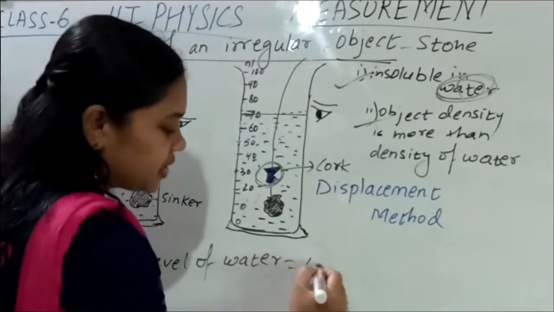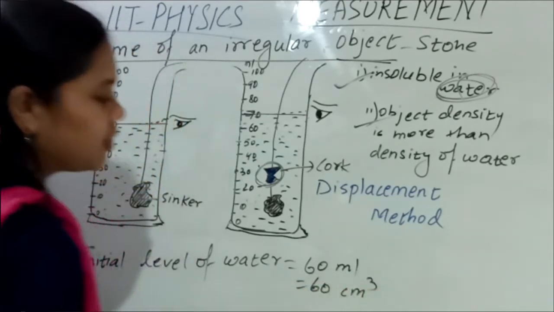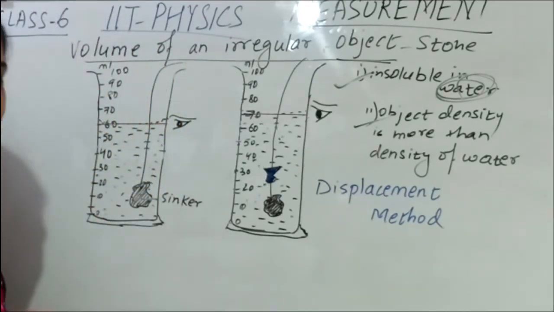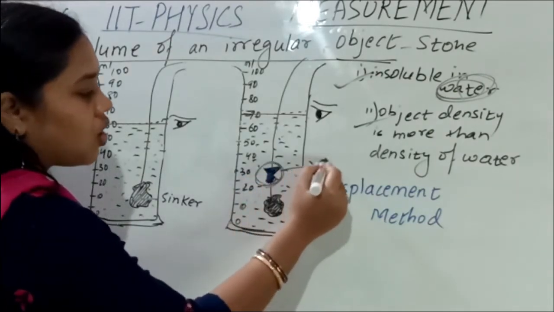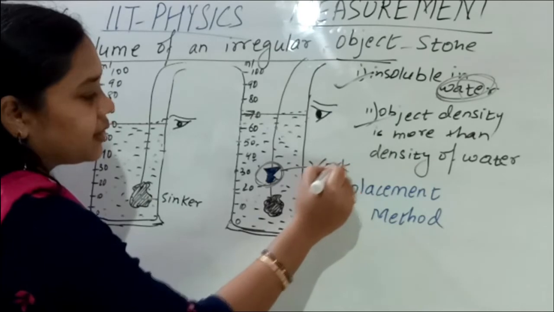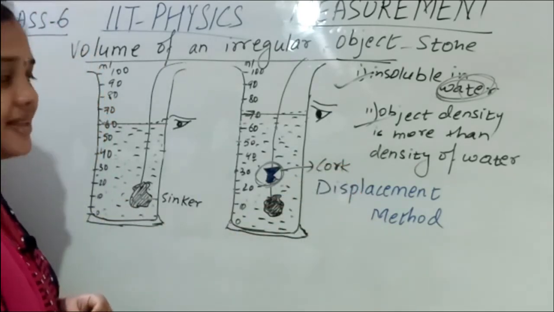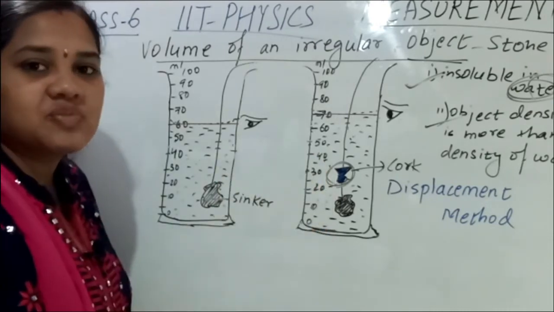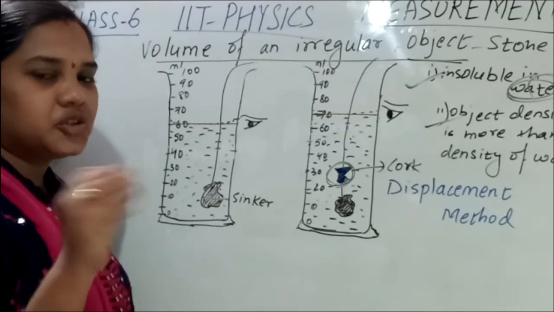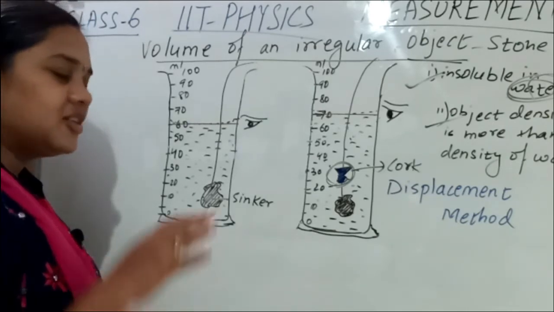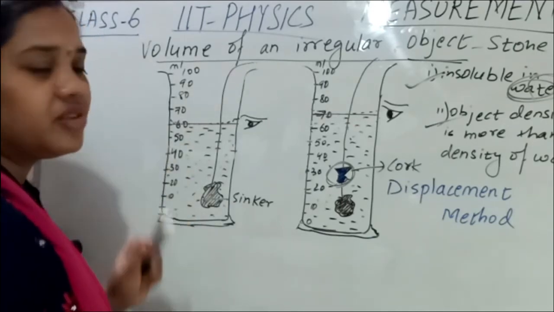So here I have taken one stone. Okay, stone, that is called sinker. So here children, our real object is this. This is what? Cork. A cork. Cork density is less than the density of water. That's why it will not immerse in water. It will float on the water surface. Is it or not? Cork. Throw a cork on the water surface. It will float on the water surface. It will not immerse. So that time what will you do?